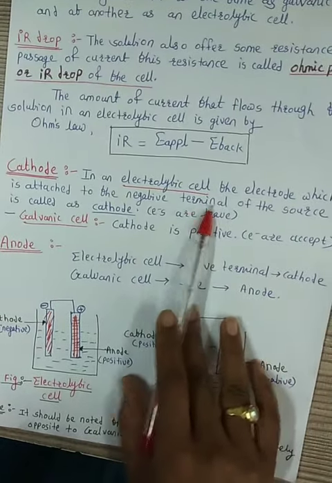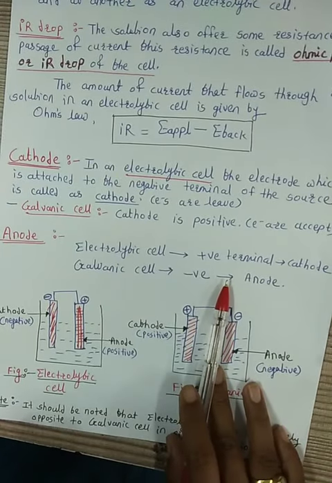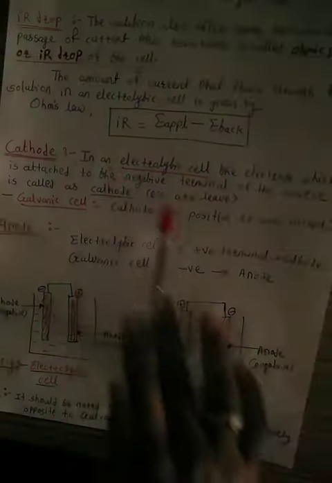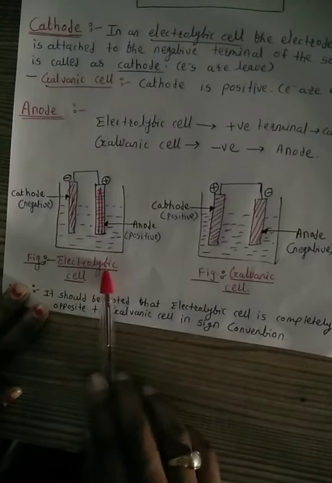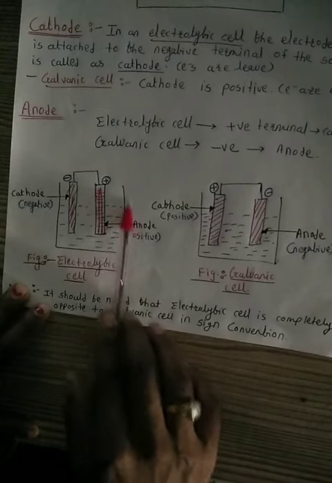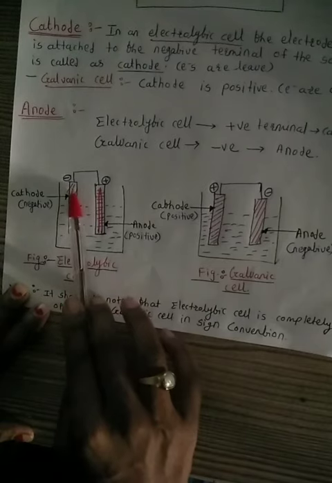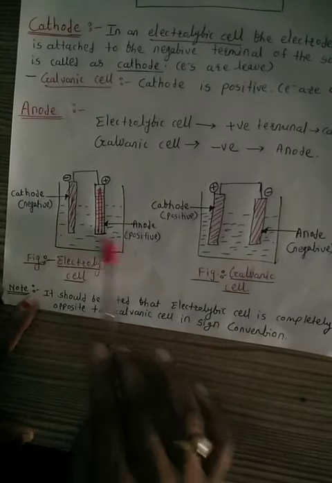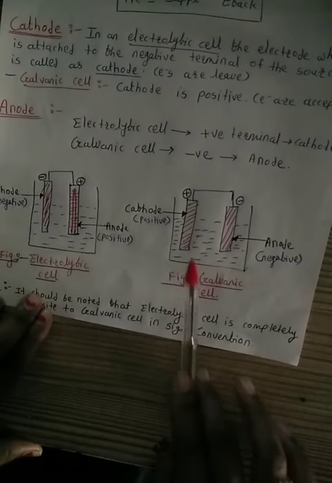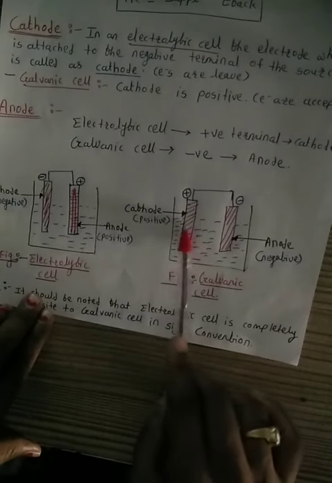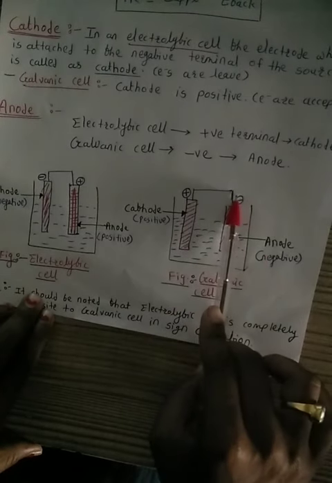Okay student, in that particular electrolytic cell we use two types of electrode, and these electrodes act as a cathode and anode. So in an electrolytic cell, as we see in the diagram, two types of electrode are dipped into the electrolytic solution. In this particular case, the cathode is negative and the anode is positive. The sign convention of the electrolytic cell is completely opposite to that of the galvanic cell. See in the galvanic cell diagram, the electrolytic solution contains two types of electrode, the cathode acts as positive and the anode acts as negative.